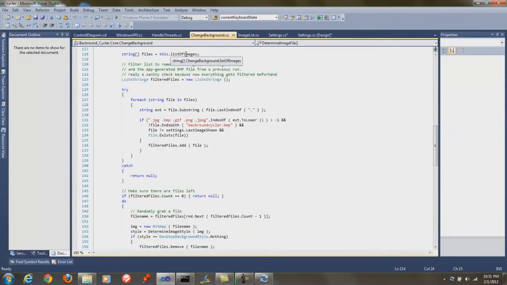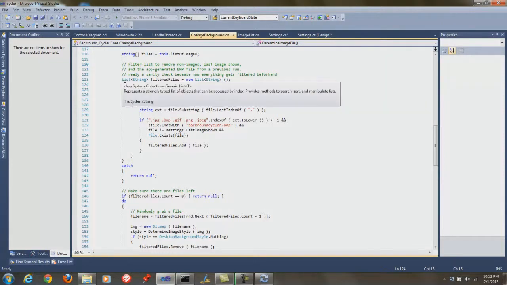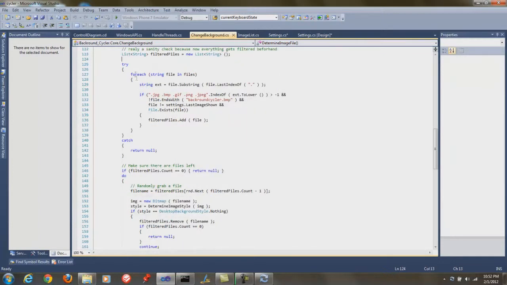This is a property that goes out and pulls the list. And then I declare a temporary list of filtered files. Using the generic List class is faster than using the string array. And then all I really do is loop through